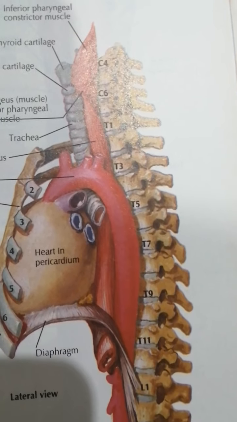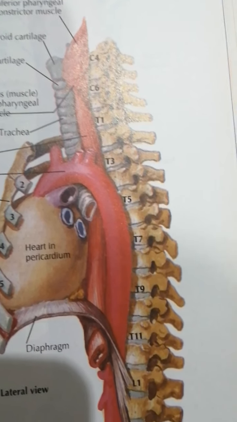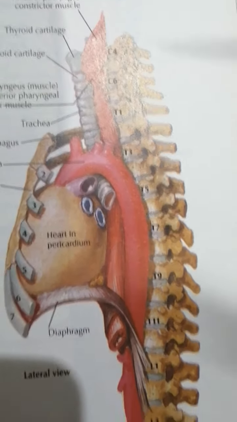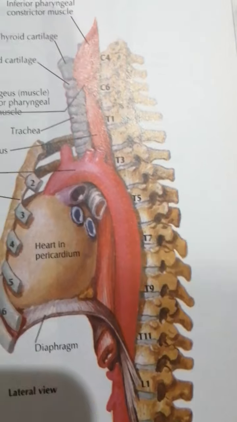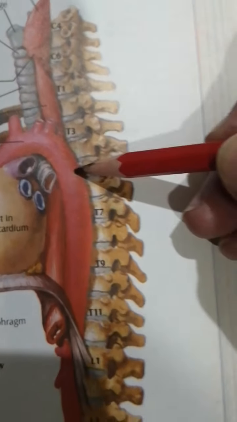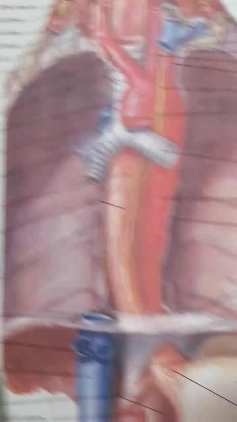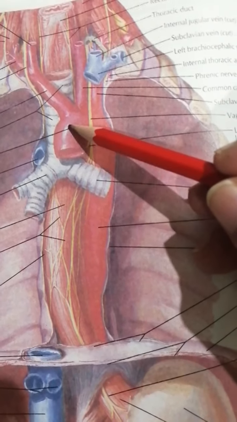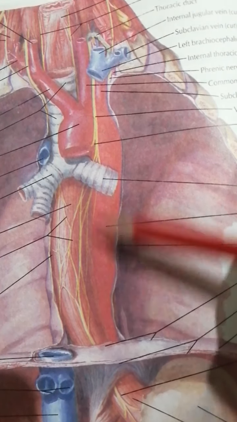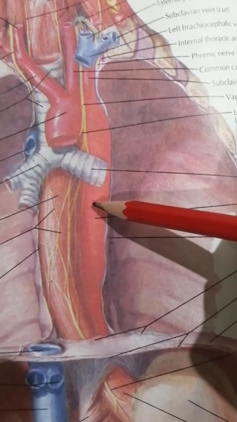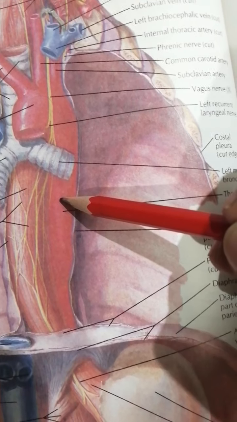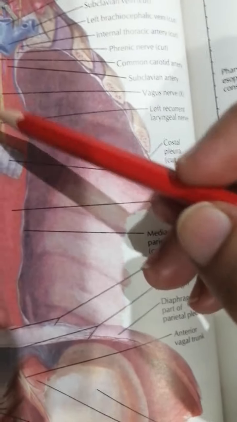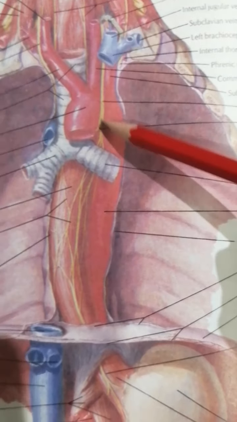In the pattern that will be more evident in the abdomen, the branches of the descending thoracic aorta arise and course within 3 vascular planes. We describe its branches in 3 vascular planes. For example, here we have a diagram in the atlas. This is the ascending aorta, arch of aorta, and then this is the descending aorta. Here you can see the descending aorta lies somewhat left towards the vertebrae as well as towards the esophagus. So there are 3 planes